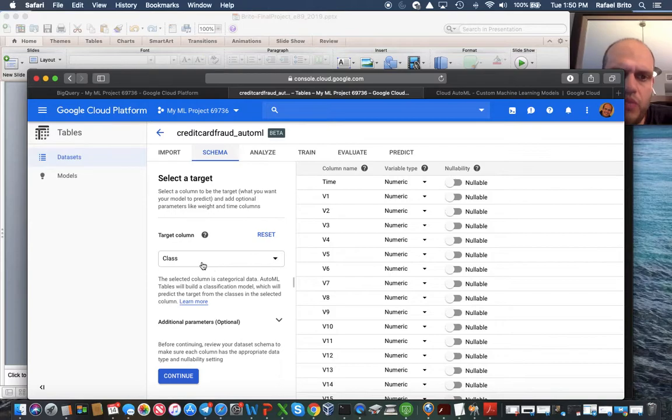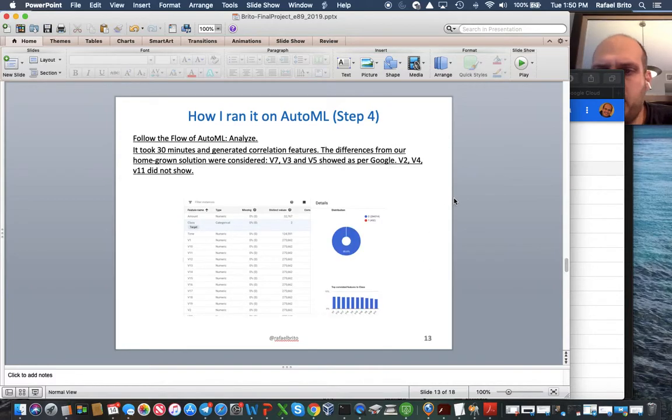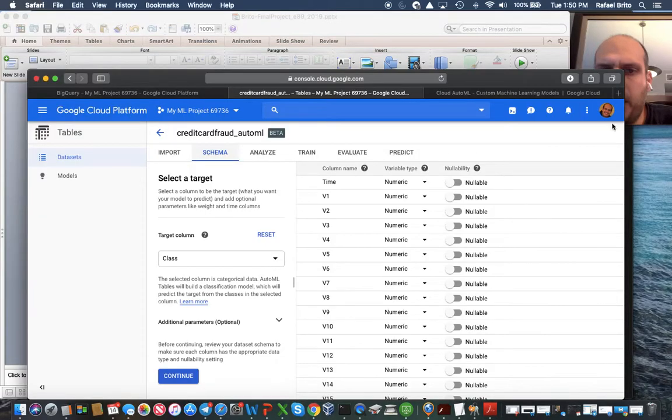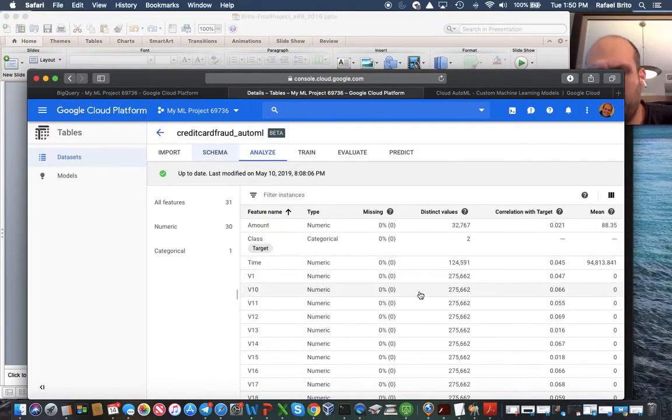Right. The second step is really to determine the schema, and the AutoML finds out the columns you want. The very important part is which column you're gonna flag as a target. In this case, it is class, 0 for not fraud and 1 for fraud, and that's when you tell which target for prediction. That's step number 3. Then step number 4, AutoML is gonna do some analysis of your data, and when you click here, for me it took 30 minutes,